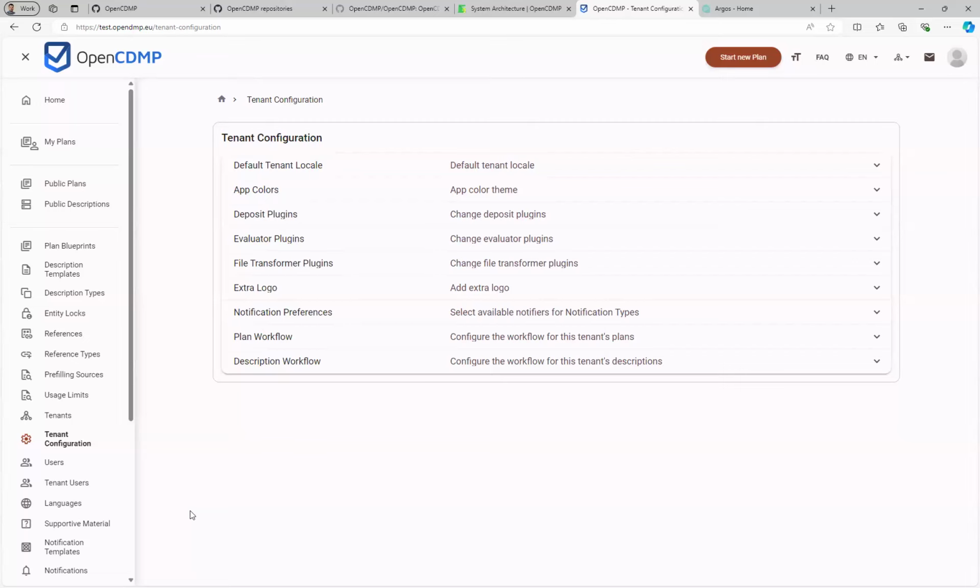These kinds of workflows will be added to the platform, and all this can also be implemented at the tenant level. So if you are an institution and you want to use Argos to have an isolated space, as we said before, we can configure custom workflows only for your tenant.